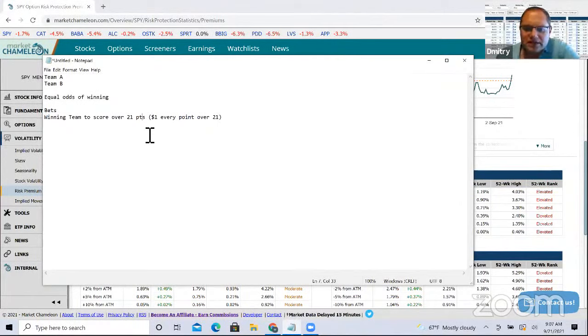That's kind of like when we talk about the wings, right? Not only do you have to be right, but it has to be by the magnitude. And let's say right now, what is a skew? Let's just say team A, the wager will cost you $1. So on team A, you bet $1. If they win by more than 21 points, you get $1 for each point they score above 21. But let's say team B,